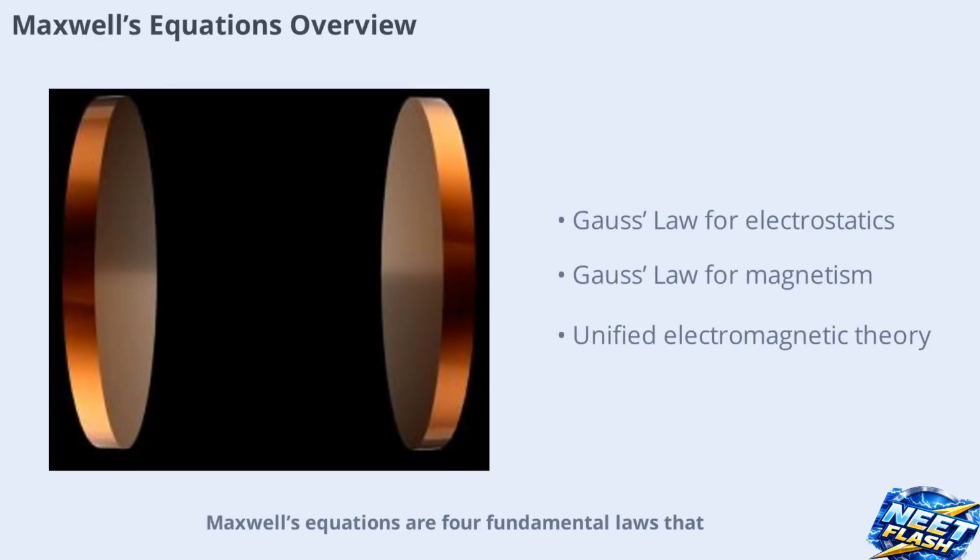Maxwell's equations are four fundamental laws that describe how electric and magnetic fields interact. They include Gauss' law for electrostatics, Gauss' law for magnetism, Maxwell-Faraday's law, and the Ampere-Maxwell law. Together, these equations explain the behavior of electromagnetic waves and unify the concepts of electricity and magnetism into a single